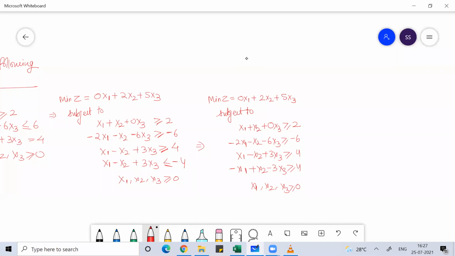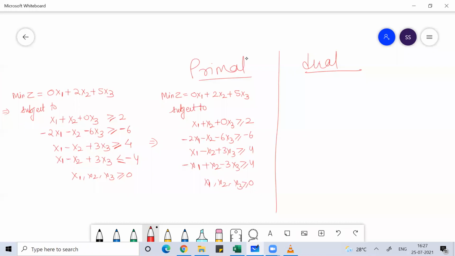So this is your primal form. Now you can write the dual of this primal. If you're writing the dual of the primal, then your objective function, from minima, becomes maxima. So maximum of z dash is equal to